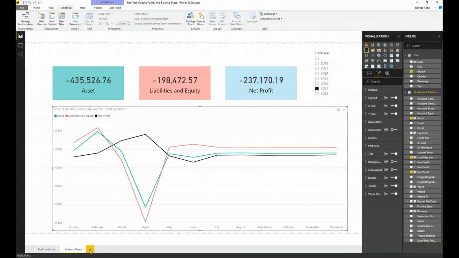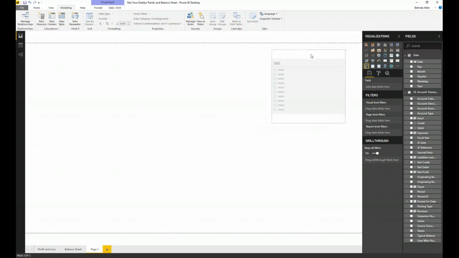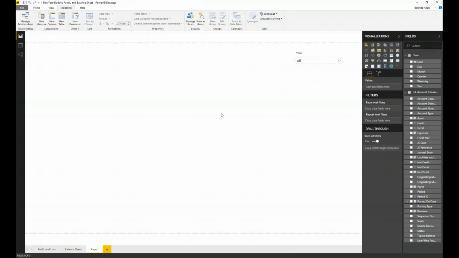Now I want to get into a little bit of detail here. So what I'm going to do on this one is come in and add a slicer. And this time I'm going to use the year from my date field. Because it's a numerical value, it puts it in this kind of value. So I'm going to change it. Whoops. Click on that drop down and make it a drop down list. So now I've got this drop down list for my year. That'll be a little bit easier for me to work on.